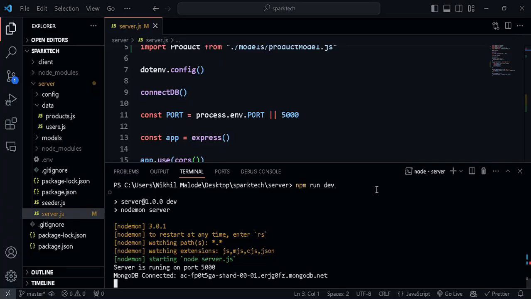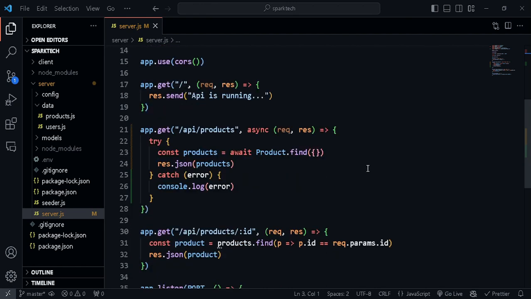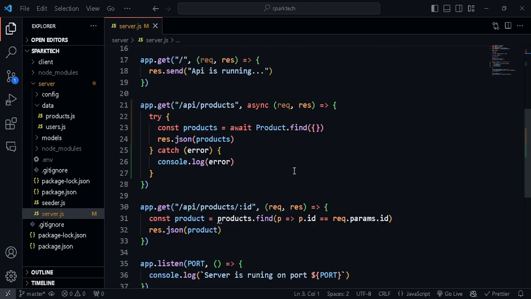All right, so this is what Postman is for: testing your APIs. If anything goes wrong, or if you want to isolate your testing environment, Postman is the best tool. All right, so for now we are done with this. So